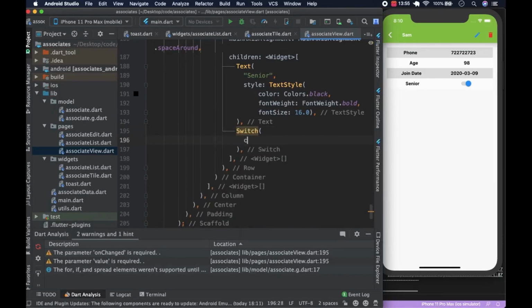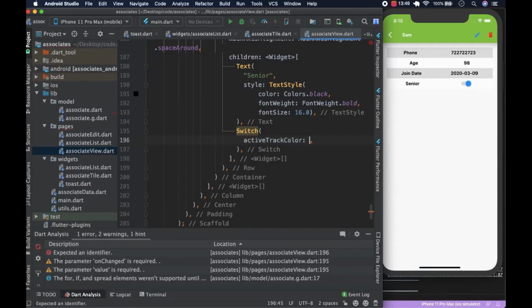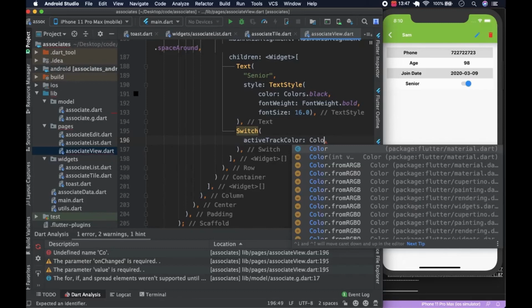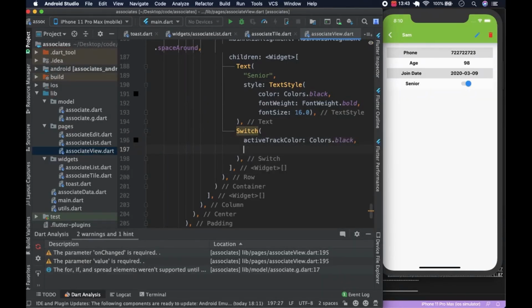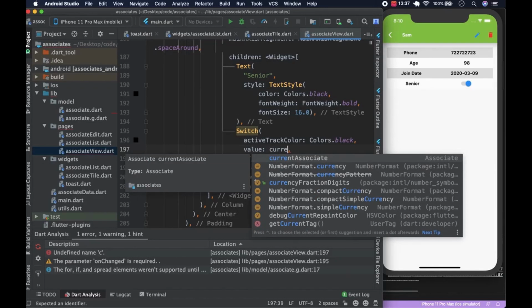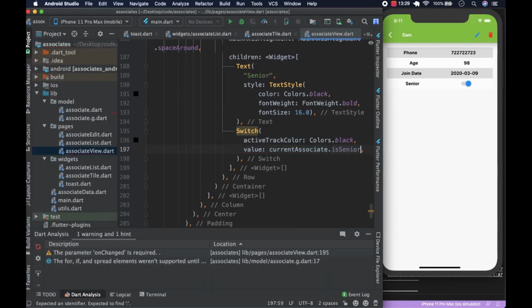And the activeTrackColor is going to be Colors.black like this. The value is going to be currentAssociate.isSenior like this,